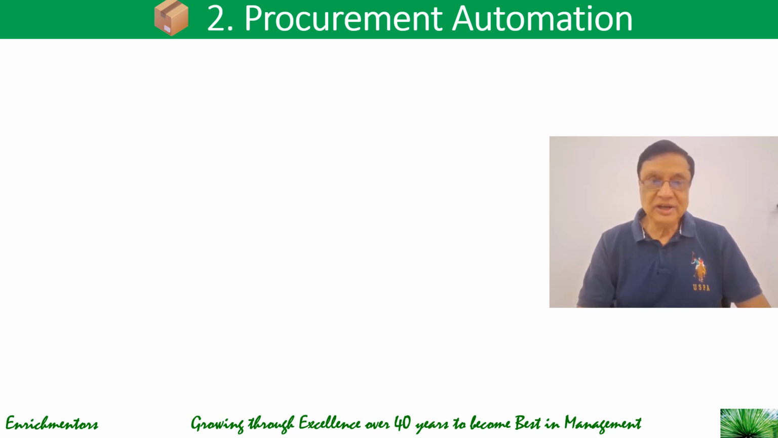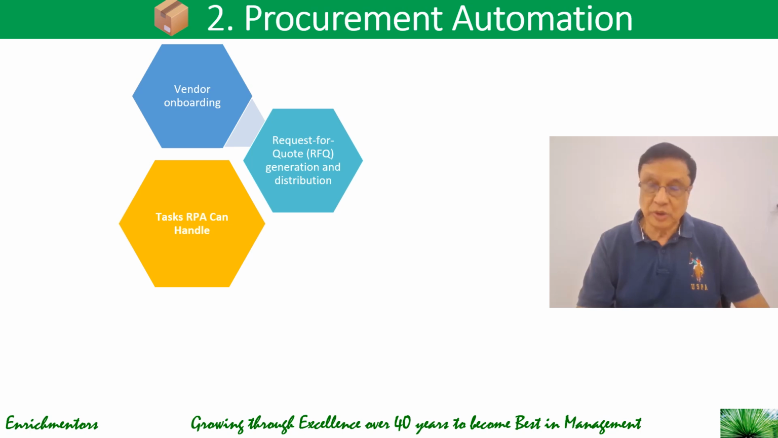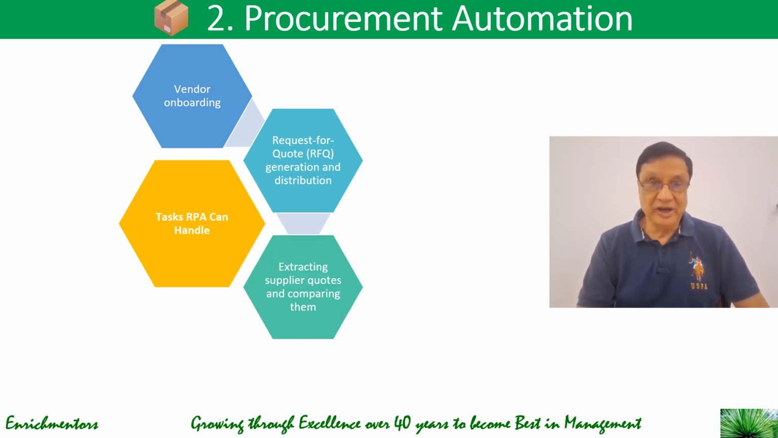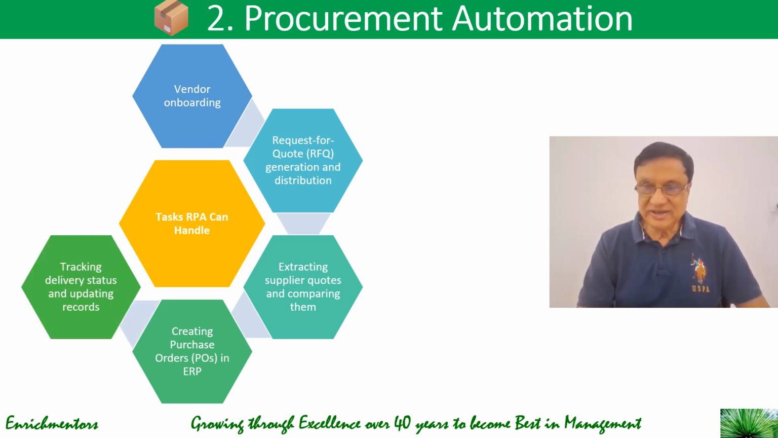Second area that we can take a look at is procurement automation. What are the tasks that RPA can handle? It can do vendor onboarding, right? Form filling, documents check. It can request for quotes, RFQ generation, and distribution to possible vendors. It can extract supplier quotes and compare them, very much like humans do. It can create purchase orders, POs in the ERP system, and track delivery status and updating, and finally generate the